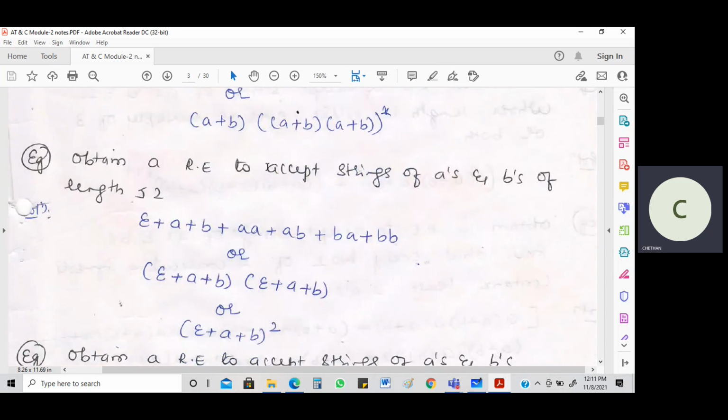The next one: obtain the regular expression to accept the strings of a's and b's of length, what is it, 2. Of length 2, I guess the question. So what is the meaning of it? You are going to take the strings of a's and b's of length, it's not just 2, I think it is more than 2. No, yeah, it's less than or equal to 2. So it should be 2 or less than 2, which means 0, 1, 2. This is 1, this is 1, this is 2,